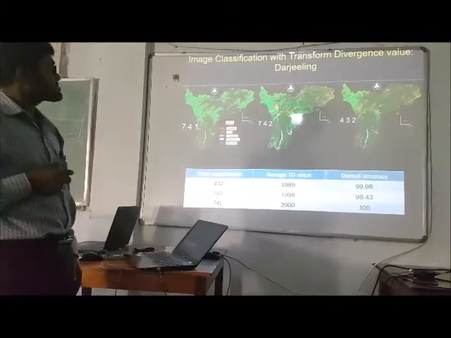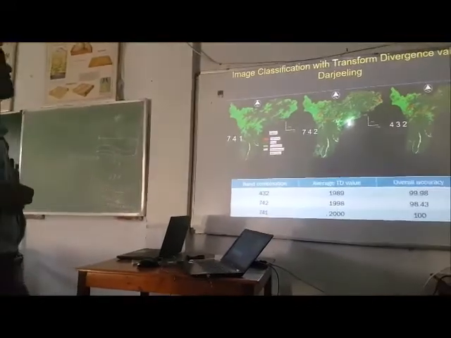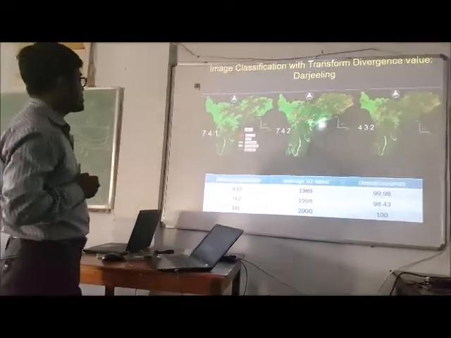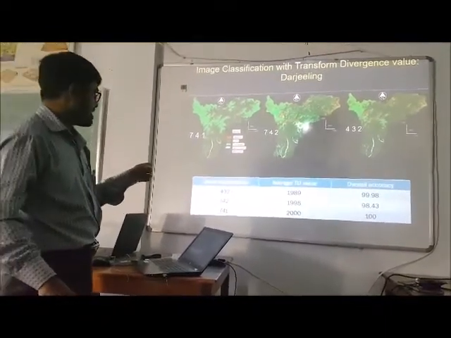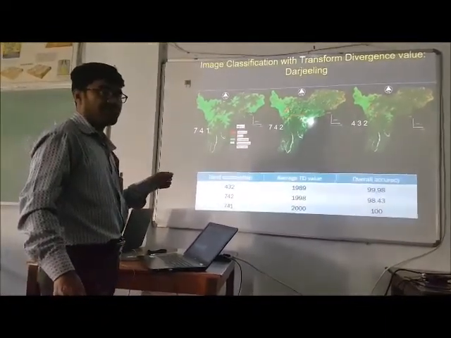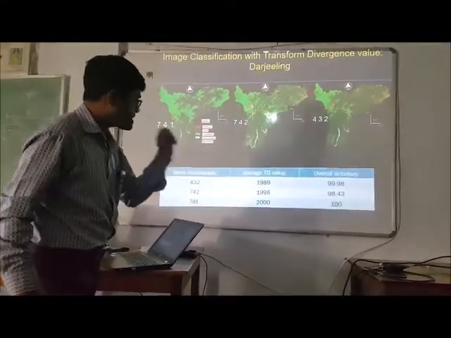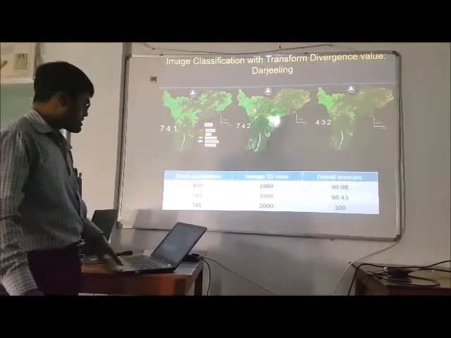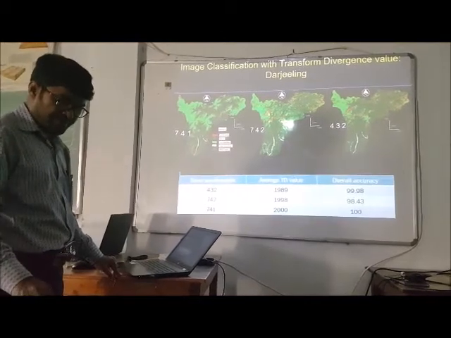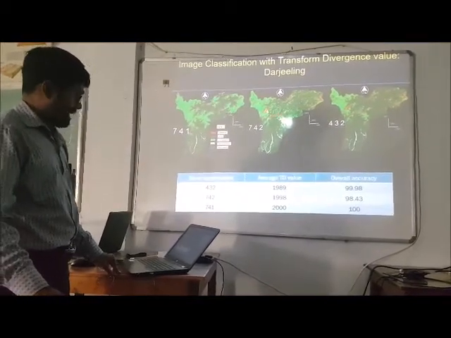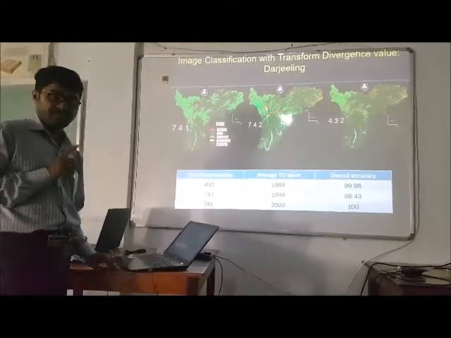This is the image classification which transforms different values, and here we can see that the 741 combination gives better overall accuracy, because here we should remember that 7 bands are not available for all satellites.